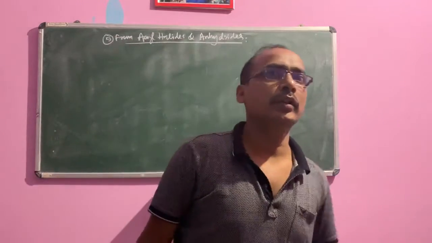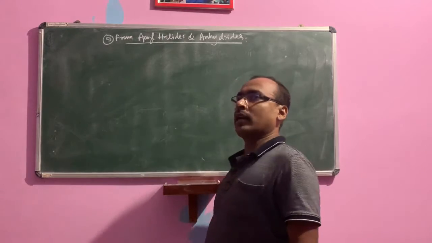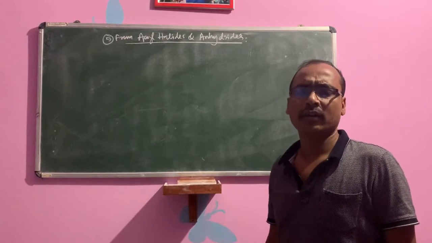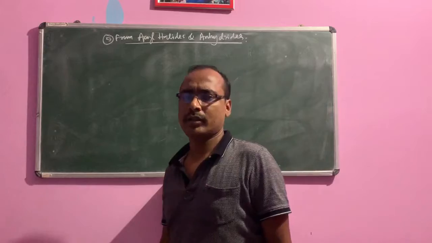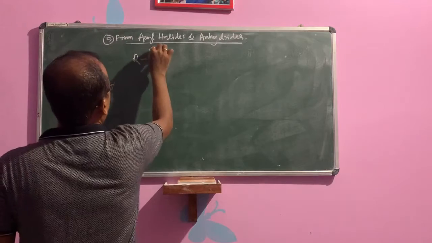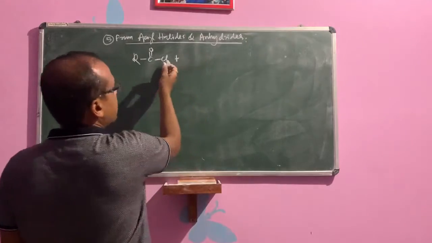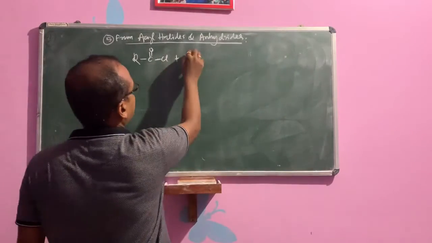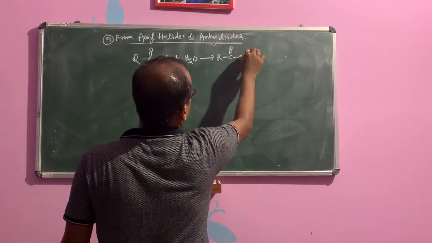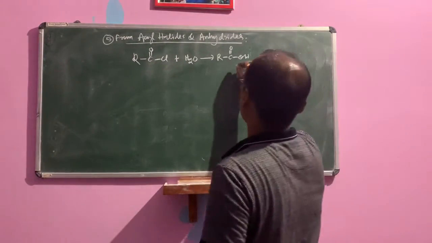This is also in the previous Friedel-Crafts acylation reaction. We have read about acyl halide and alkyl halide, that is acylation and alkylation. So that is RCOCl. When RCOCl is treated with water, that is H2O, we get the carboxylic acid directly: R-C double bond O-Cl plus HOH. HCl will be removed and OH will be attached, in presence of water, to form R-C double bond O-OH. This is your carboxylic acid in presence of water.